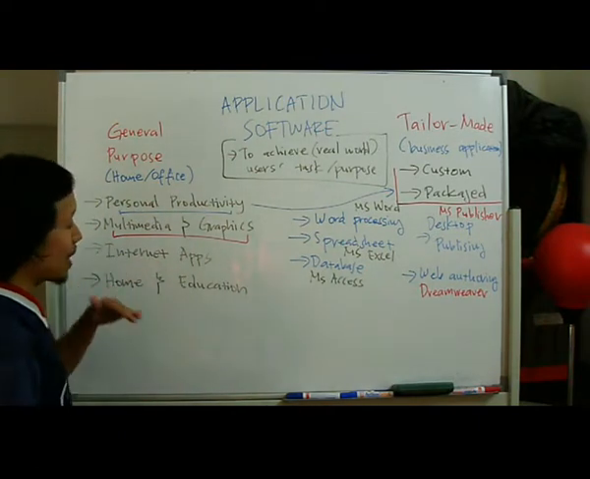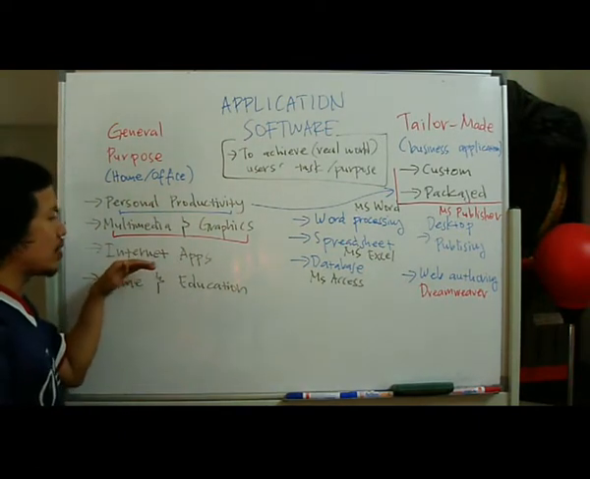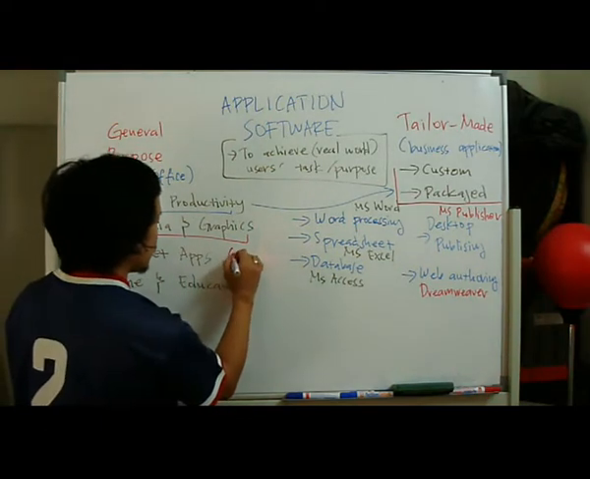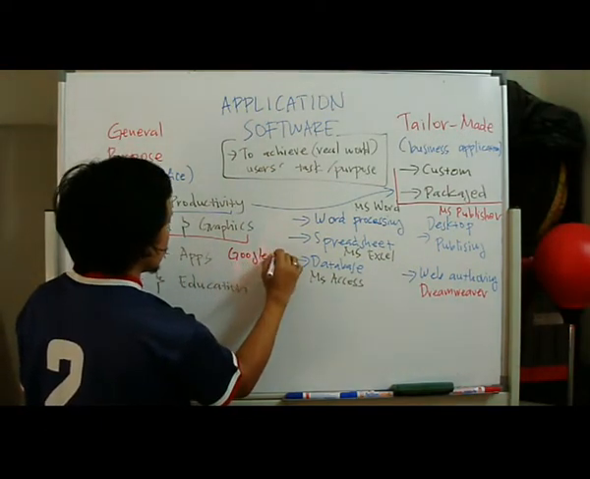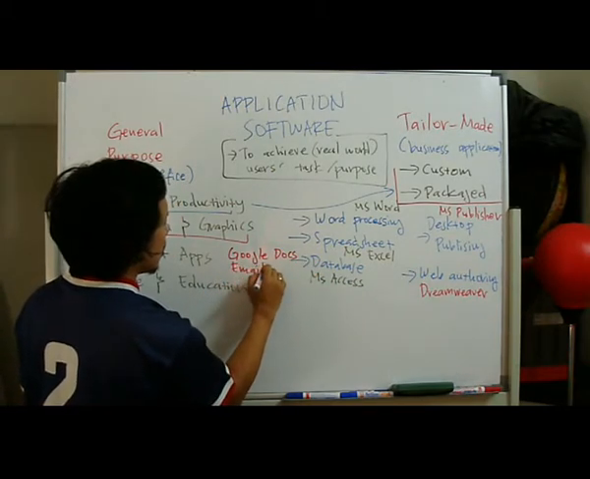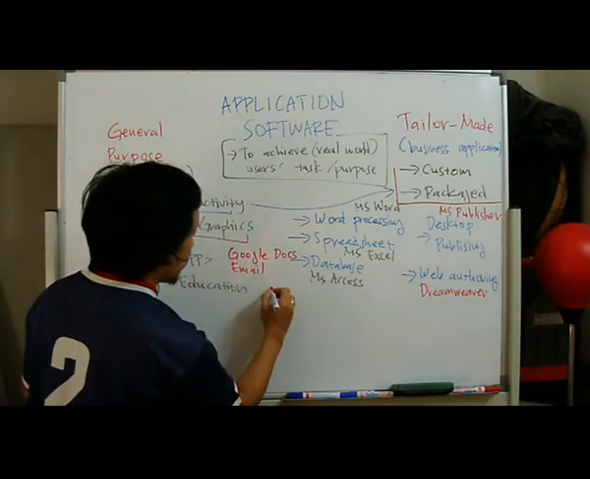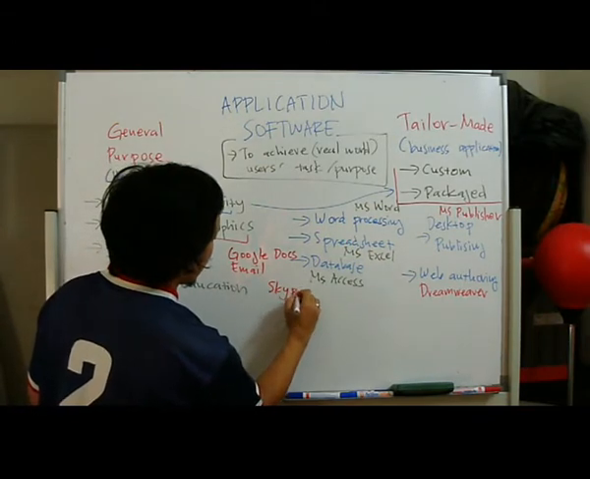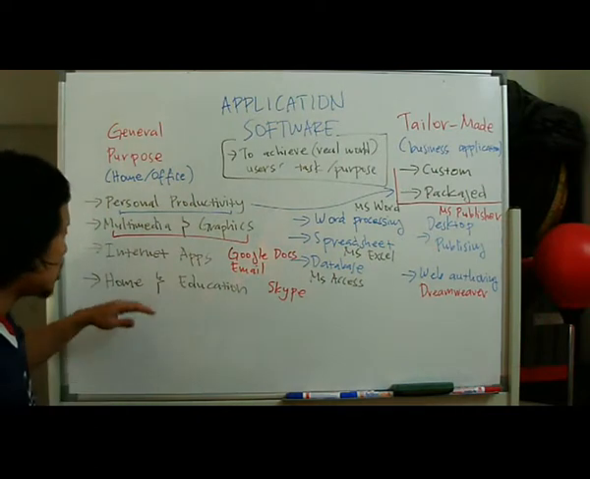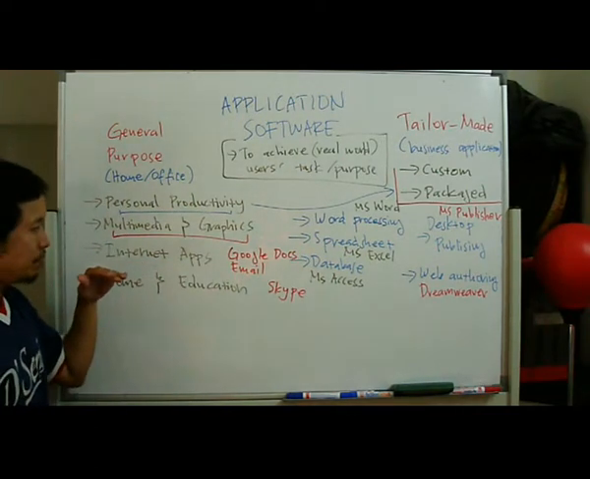So we'll go to internet applications. Internet applications are things that run on the internet. For example, Google Documents, you have your emails, you have your voice over IP like Skype, you have Microsoft Office Online. So these are things that are, how do I say,